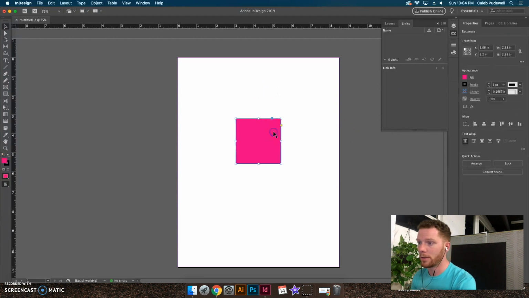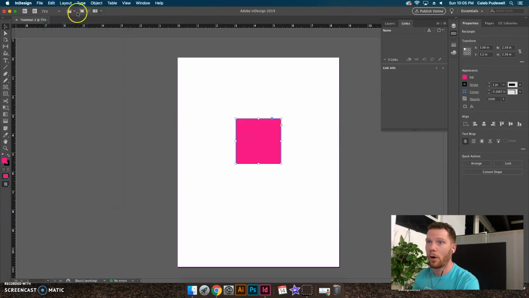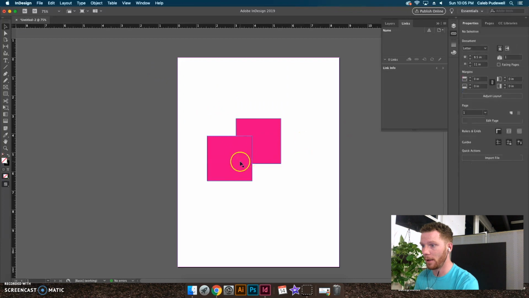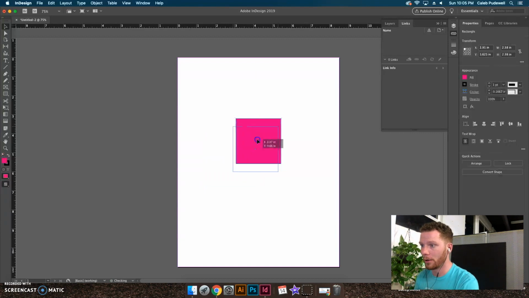So if you click on this object and you copy it, and then you go to paste, or you hit Command V, you'll see how it copies off to the side here. Now if you want this square to copy directly on top of where this other square is, you'll do